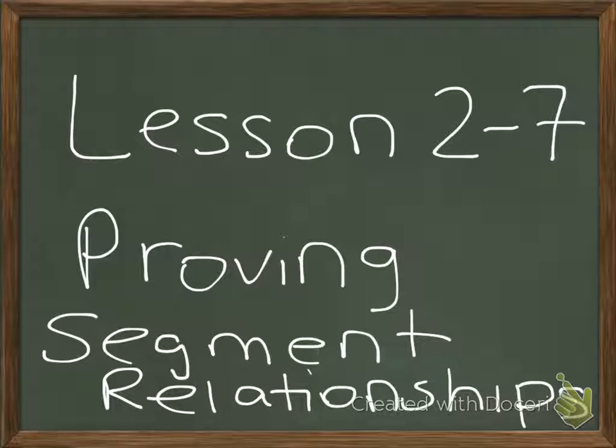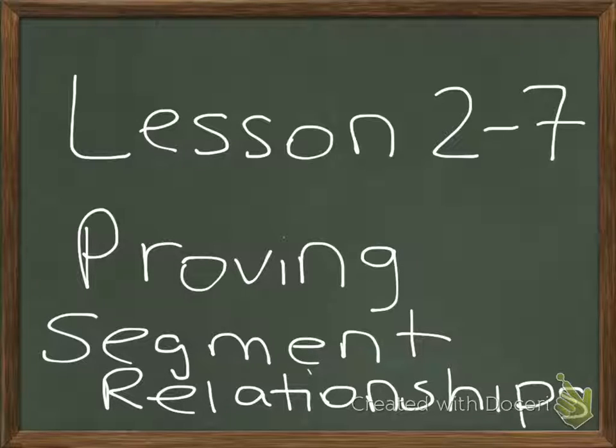Today we're doing lesson 2-7 for geometry, proving segment relationships. So the first example, and just to bring this to your attention, in this lesson you have another postulate added, which is postulate 2.9. It's called the segment addition postulate, which basically says if you have 3 points that are